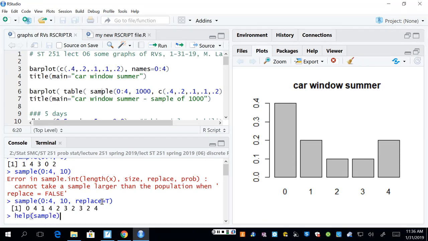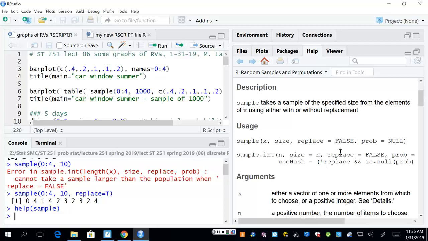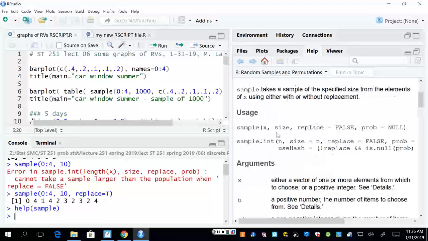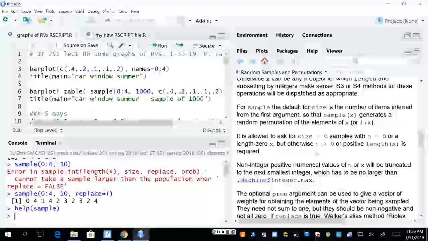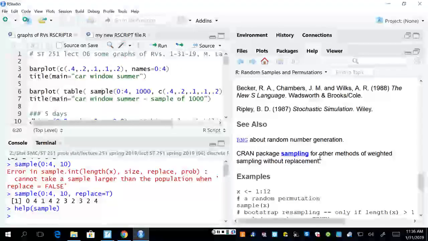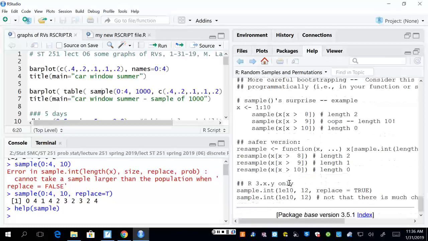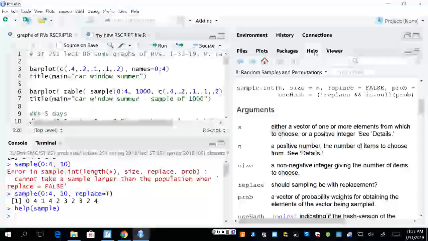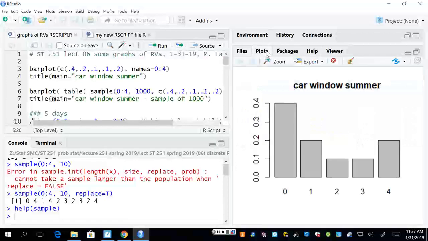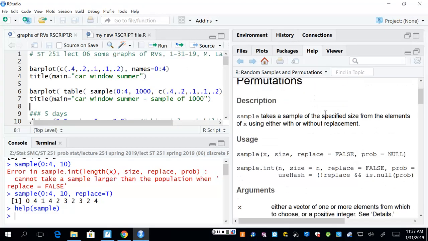There's actually a help file for these commands. You do help, and here's a help file that tells you a little bit about the form of the command, kind of the syntax. We won't use a huge number of commands, but there's a few examples for things down there. You can toggle between these different windows. So here's my plot again, help file if I want to go back to it, and so on. But as the sample help says, you can put probabilities in there. So I can put in my probabilities for 0, 1, 2, 3, and 4 in there, and then sample using those probabilities. So I'm going to copy,